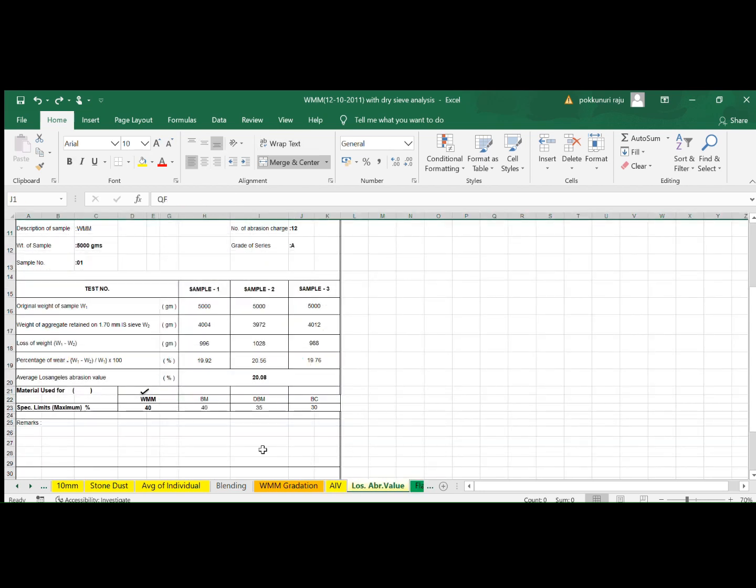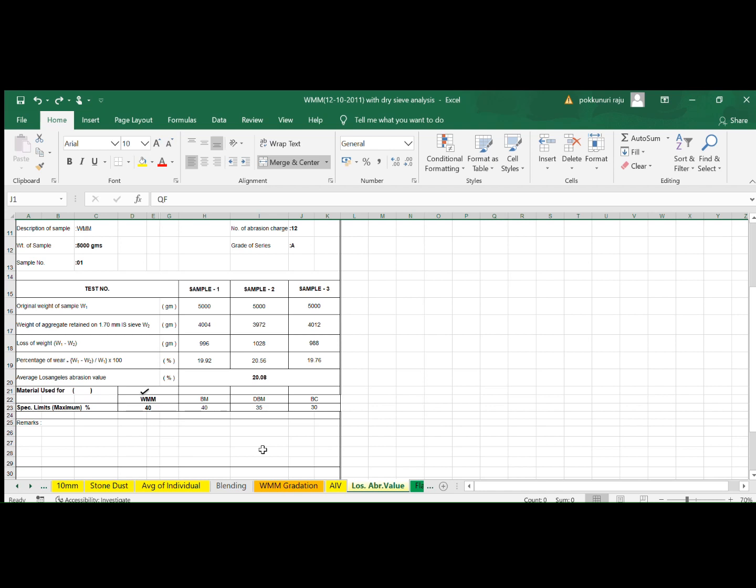Then the next property to check is the Los Angeles abrasion value. For Los Angeles abrasion value, 5,000 grams of the WM mix is taken, and 3 samples were checked. The Los Angeles abrasion value is calculated, which comes out to be 20.08 in this particular case.